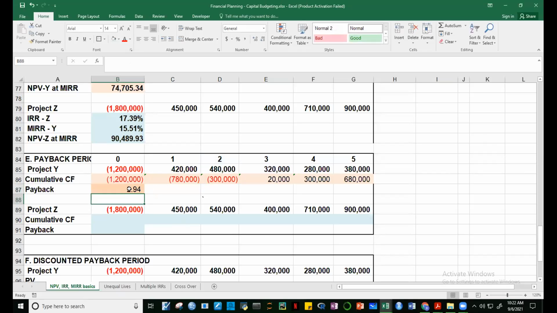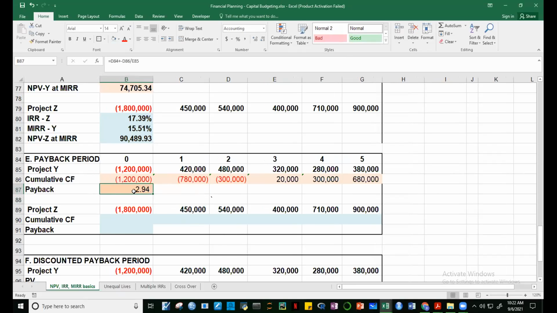we're getting 2.94. So that's our answer. No? Ano yung payback period? How long will it take us to recover yung initial investment natin na 1.2 million? Assuming guys that the cash flow is uniformly obtained throughout the year, then it's around 2.9 years. 2.9 years, almost 3 years. Kasi sa second year guys, ang kulang na lang natin 300,000. Pagdating ng third year, ang makukuha natin 320. So, kinuha natin yung proportion yan. Ang kailangan lang natin 300 out of the 320 para ma-recover natin yung buong investment natin. So, that's 2.94. So, dito rin guys, parehong gagawin natin sa project